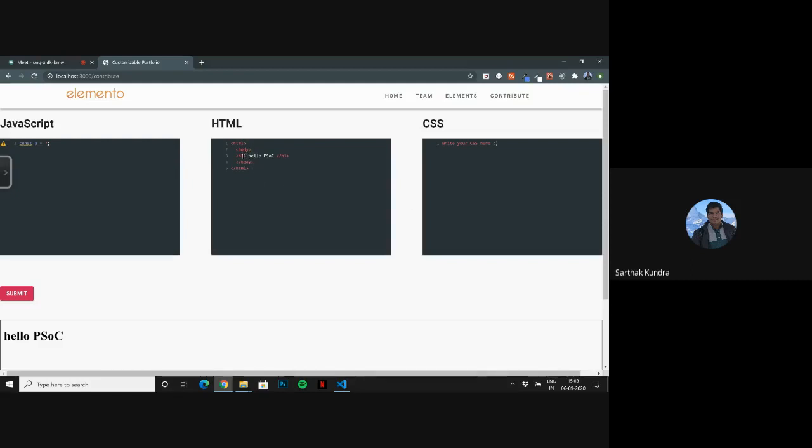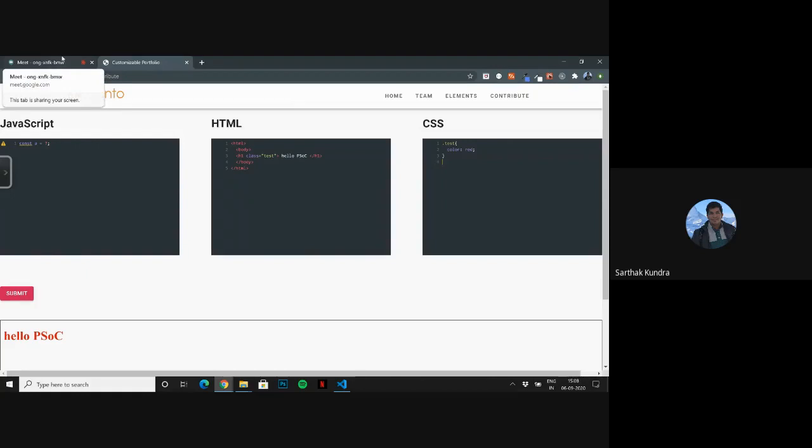And let's add a class here to see how the CSS works. So we can just add class equals test. And in the CSS part here, we can just write our CSS, like color red. So this works, and then we can just write a name, which is just finalizing the adding name part, and then we can submit our elements, which can then be seen on the main screen.